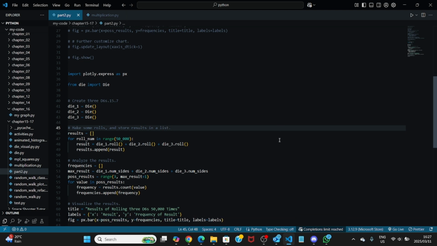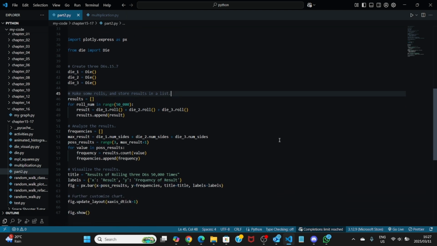Okay, so here is 15.6, and 15.7. So the setup is plotly.express. It is imported for visualization, and the Die class is imported to simulate the dice. So the 3 6-sided dice, D6, are created using the Die class, and then roll dice simulates the rolling of the dice 50,000 times. The sum of the results from 3 dice is stored in a list called results,